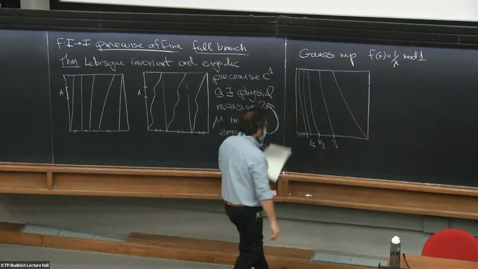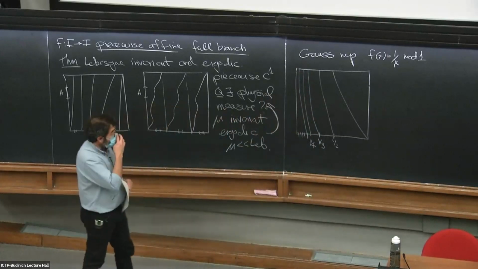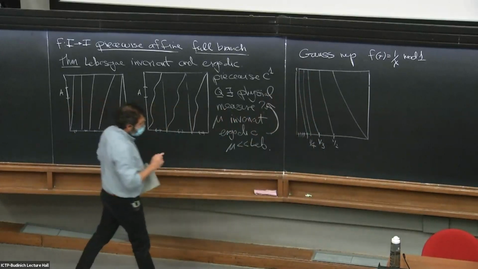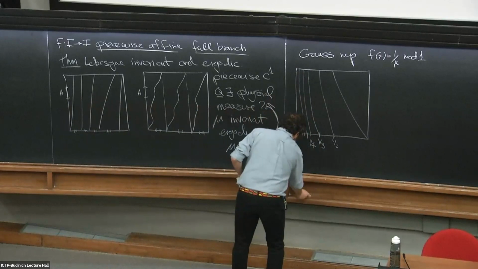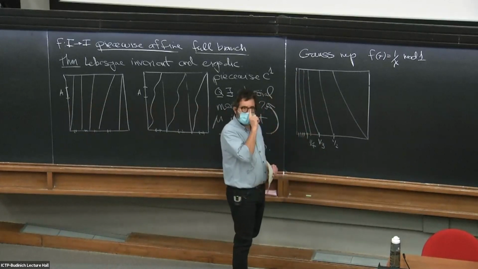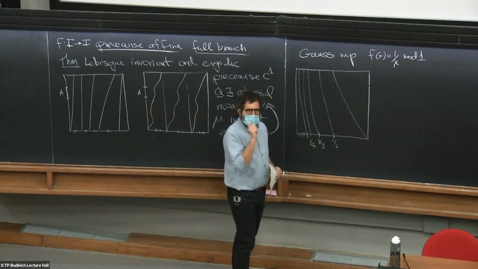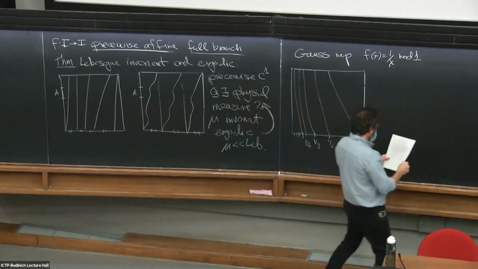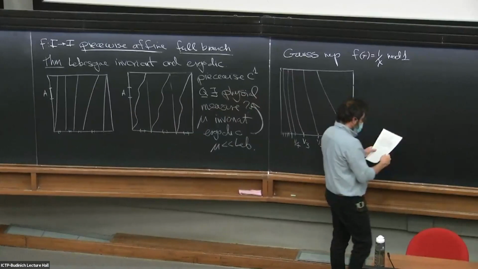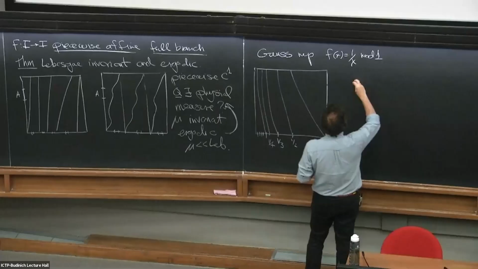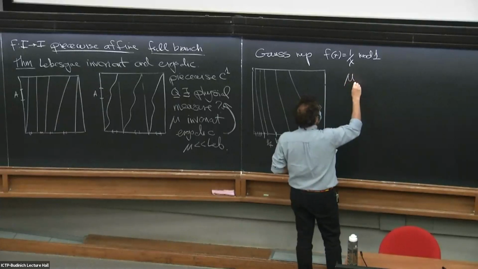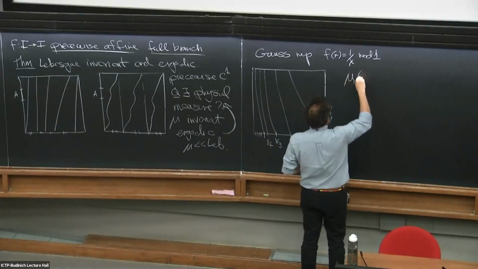Okay, so in this particular example, we already know that there's an invariant measure. Did I give you the invariant measure explicitly? Did we do that? No. We didn't do that, okay. So we had looked at the Gauss map initially, but I will show that we can define a measure mu. Let's call it Gauss measure mu